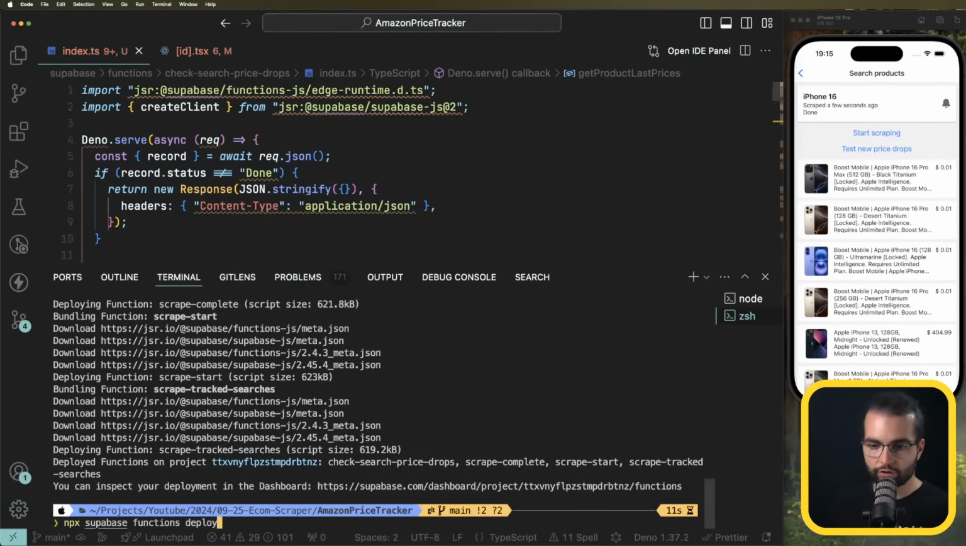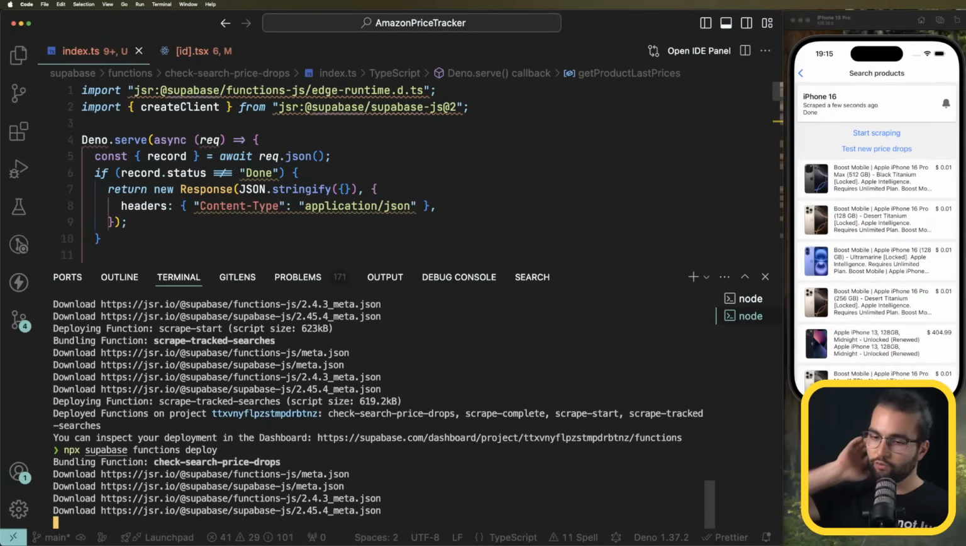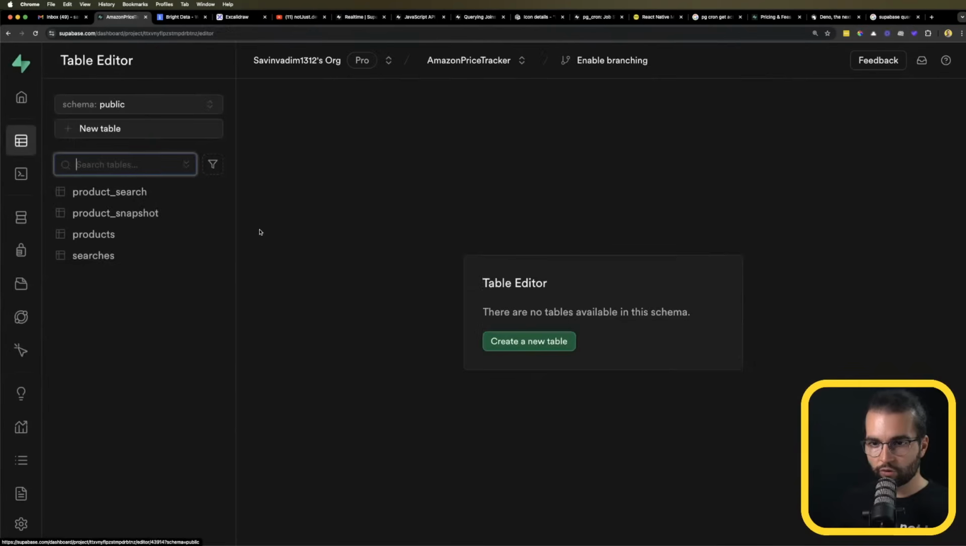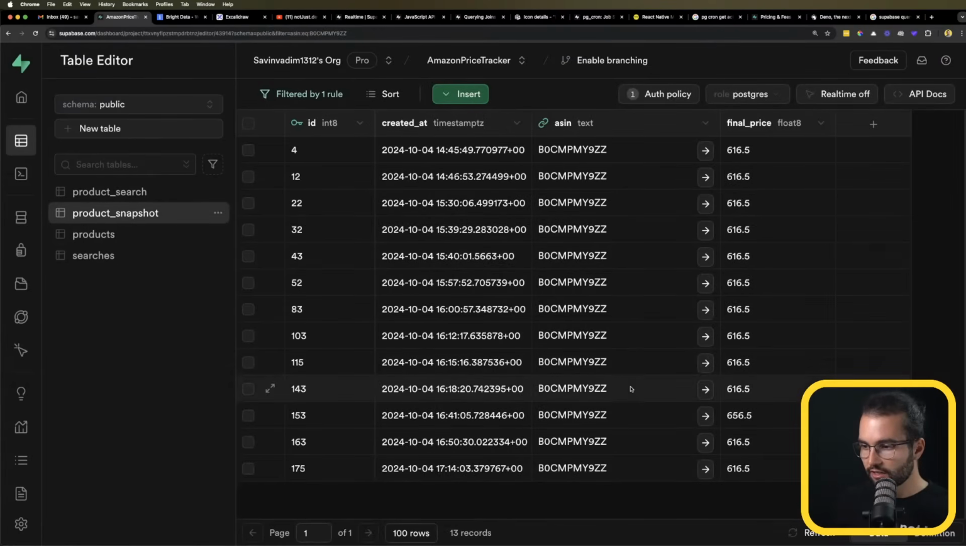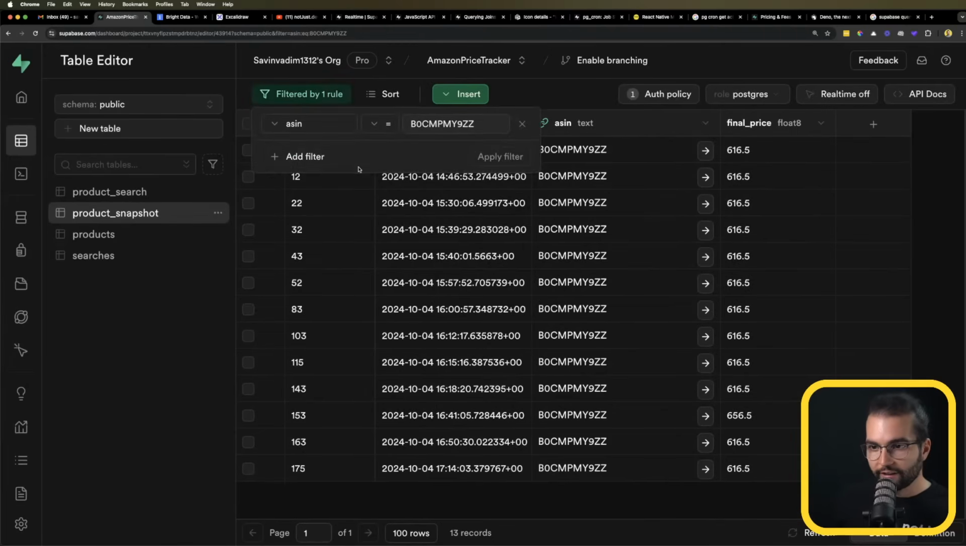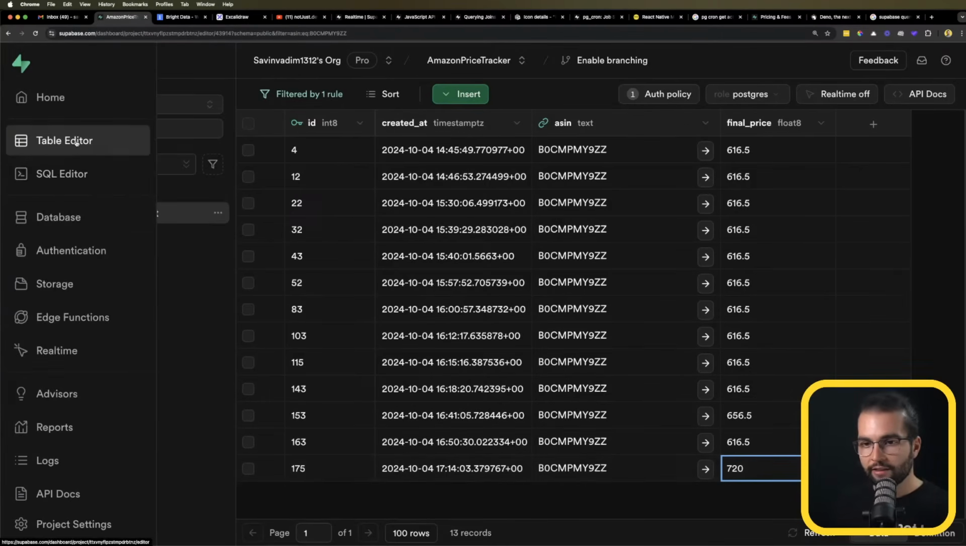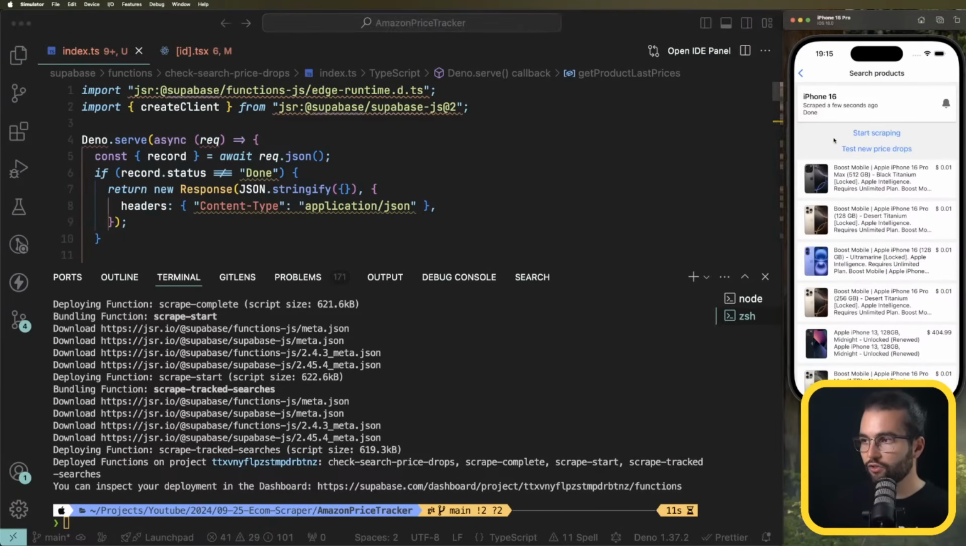Let's try to redeploy because I forgot a piece of code there. But what we need to do on the database, on the table editor under product snapshots, I'm filtering for one specific product and I'm going to go ahead and manually increase the price to 720. But make sure to update the last one, because now we're going to fetch a new price and we need to make sure that it looks like a price drop. So previously it was 720. Now after we have deployed and started a new scrape job,